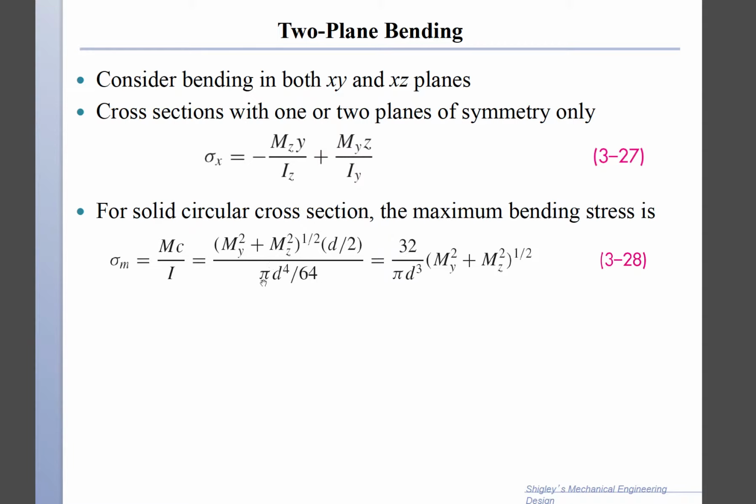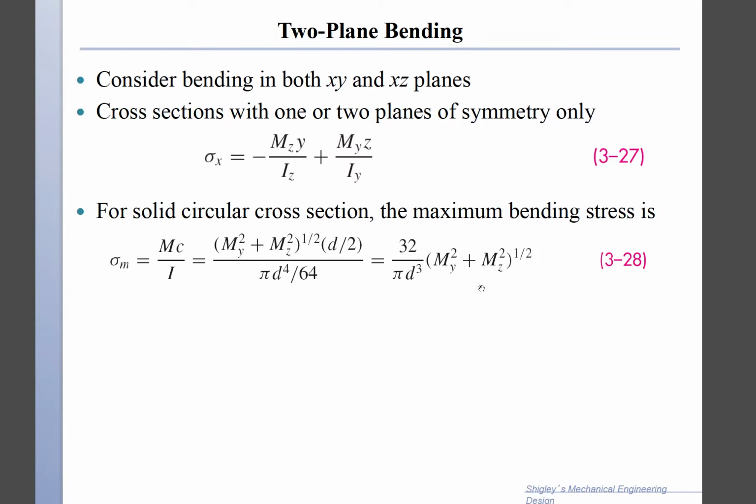It's a circular cross section, so we use the corresponding second moment of area, and c is d over 2, which is the radius. This is a very special result, equation 328, for shafts that have moments applied